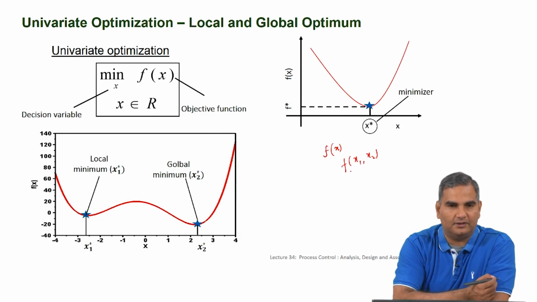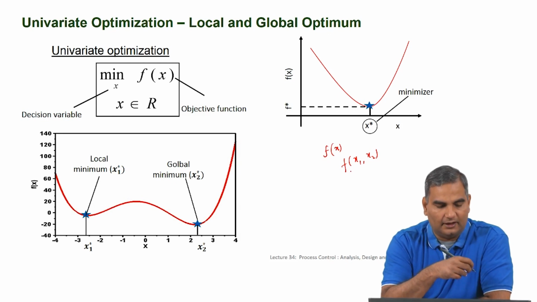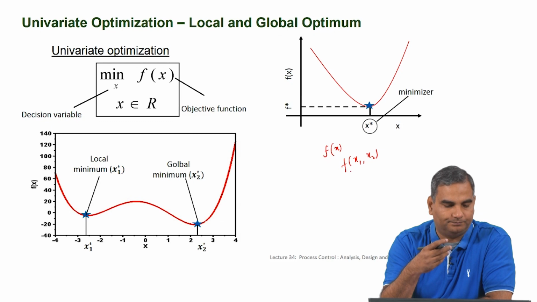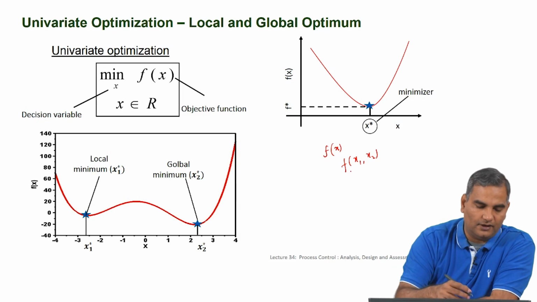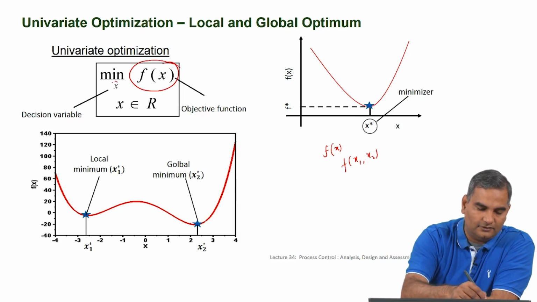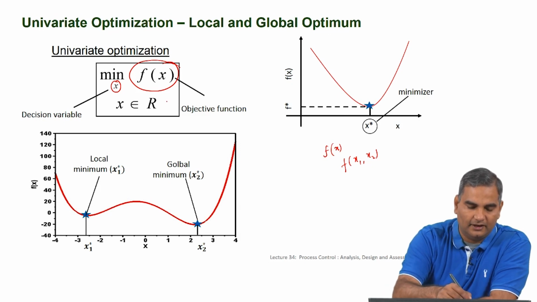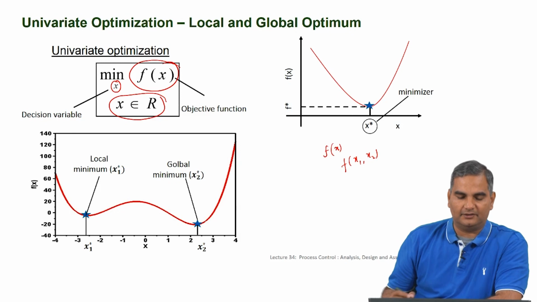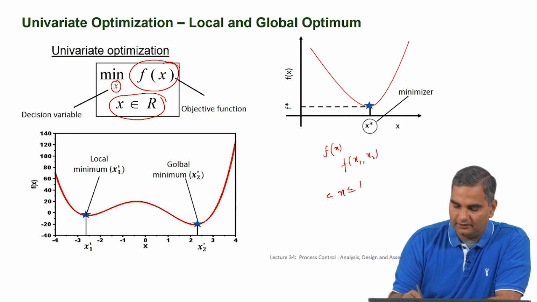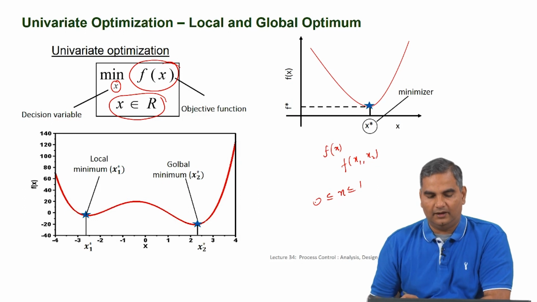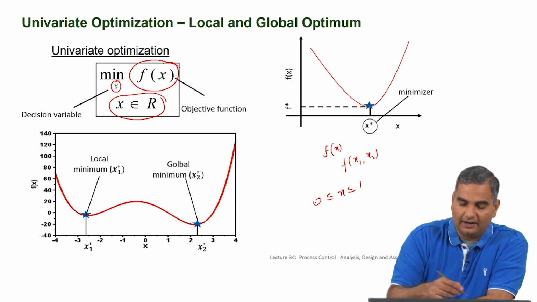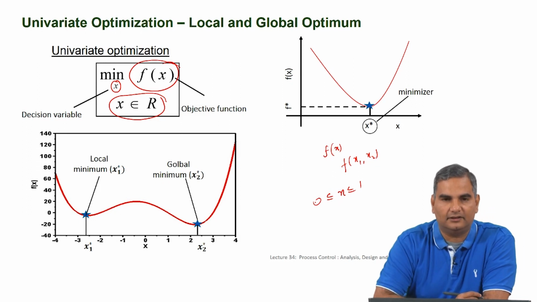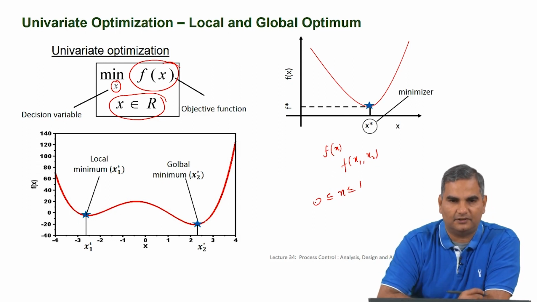When we write an optimization problem, I mentioned that you are going to have an objective function, decision variable and constraint. The way you write this is: this is your objective function and this is your decision variable. Typically you write min, and below that you write the decision variable, you write the function here, and these are constraints. So, x element of real means x can take any value here, but in some cases you might say x is less than or equal to 1, or less than or equal to 0. So, this could be a constraint. You can think of any constraint, and as I said before, the constraints are written in terms of the decision variable or functions of decision variables.